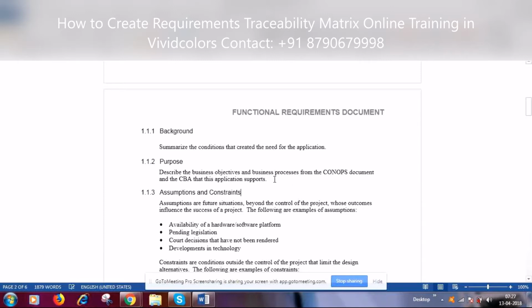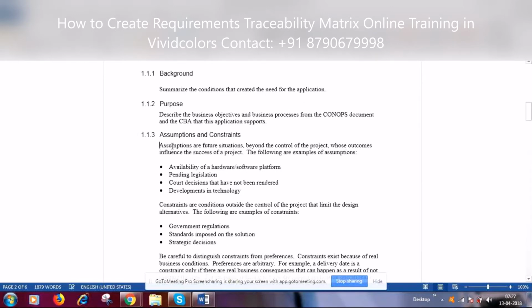day-to-day business activity. Then I told you about the assumptions and constraints. What are the assumptions and constraints? Assumptions are those related to either hardware or software, any legal aspects related to that, and the type of development in the technology. For example, when we go for an app, now you're rolling out a new version of the app.